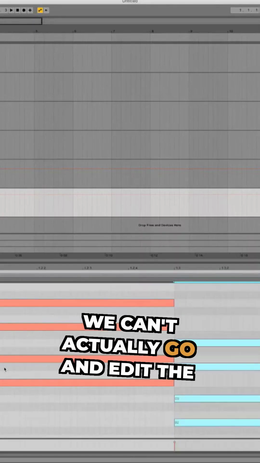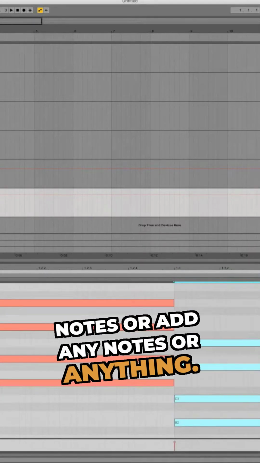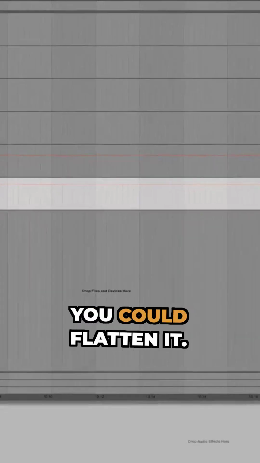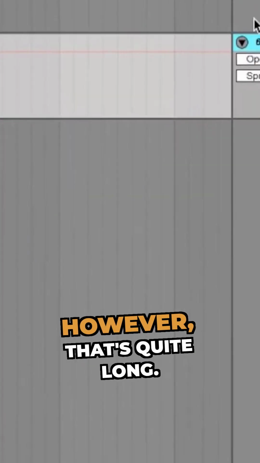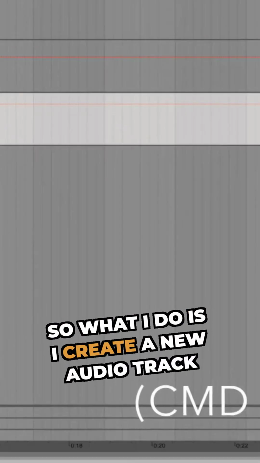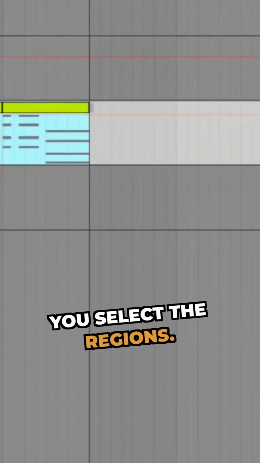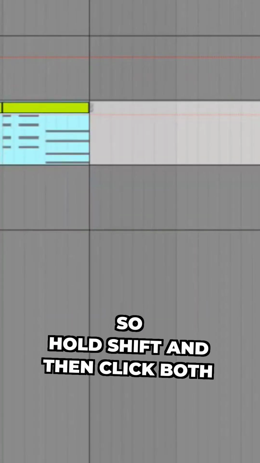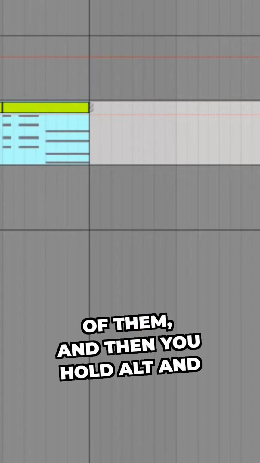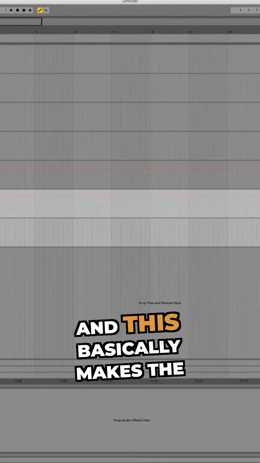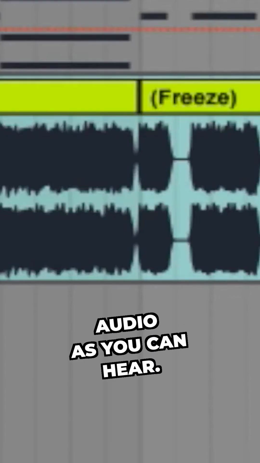And we can still play it. We can't actually go in and edit the notes or add any notes or anything. However, if you actually want to extract the audio from this and either delete this, you could flatten it. However, that's quite long. So what I do is I create a new audio track that you want to lay it down on, and then you select the regions. So hold Shift and then click both of them. And then you hold Alt and click and drag down. And this basically makes the audio,